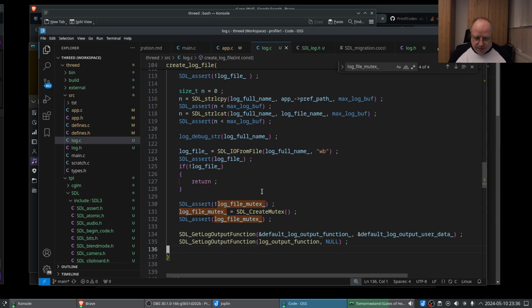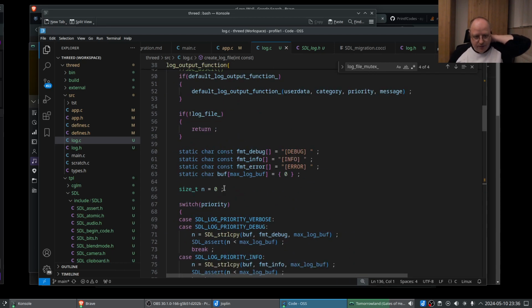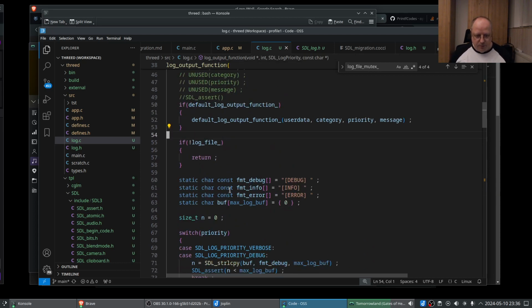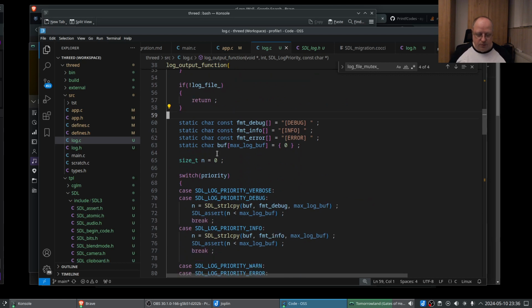So even if we can't get a mutex or something like that, then we just don't care. Then the output is simply garbled. Yeah, one would, right? So